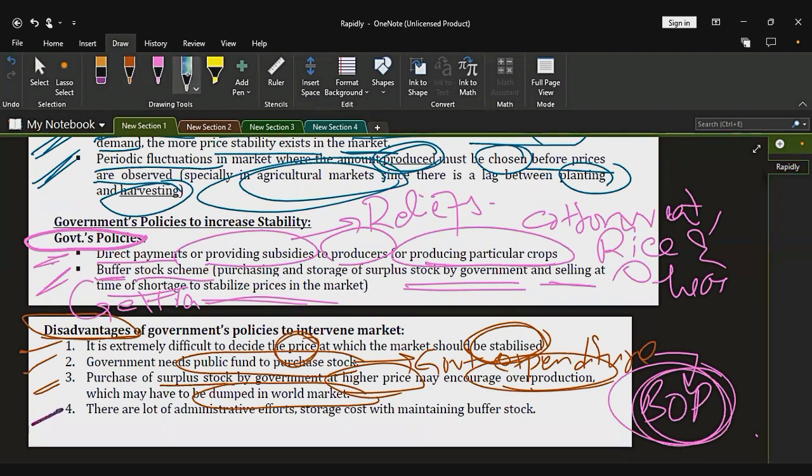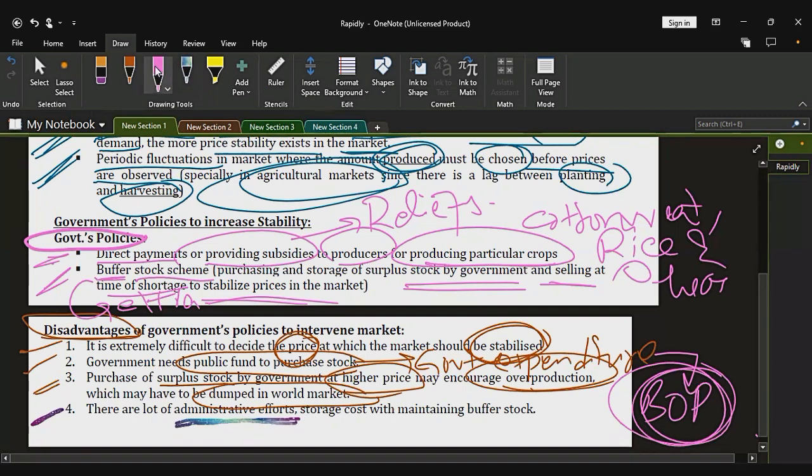The last and not the least problem is that there is a lot of administrative effort. For example, administrative efforts means government employees have to set aside plenty of their time for overcoming